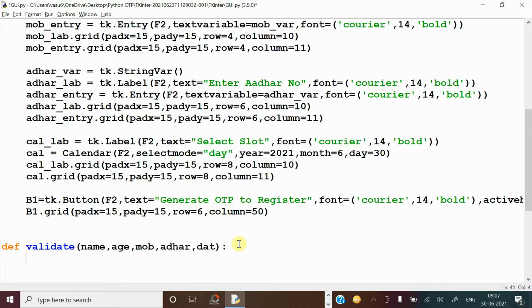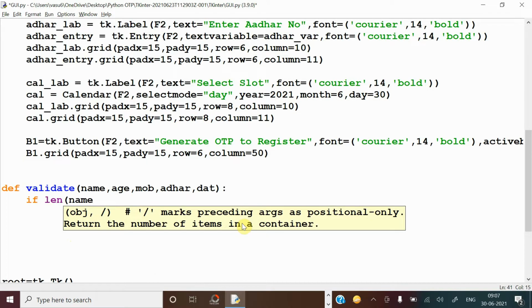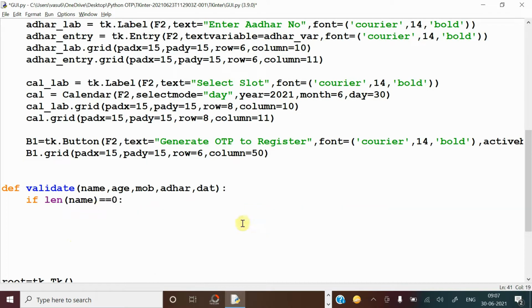So first you have to convert all the things into the string type, or if it is already in the string type, it's okay. Now first you have to check if len of name is equal to 0, which means the user should enter at least one character of the name, and only then should it accept.